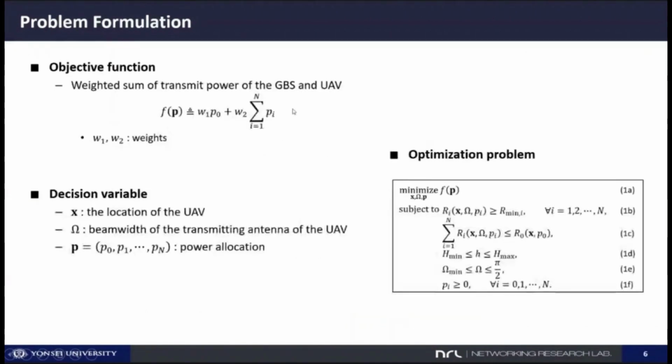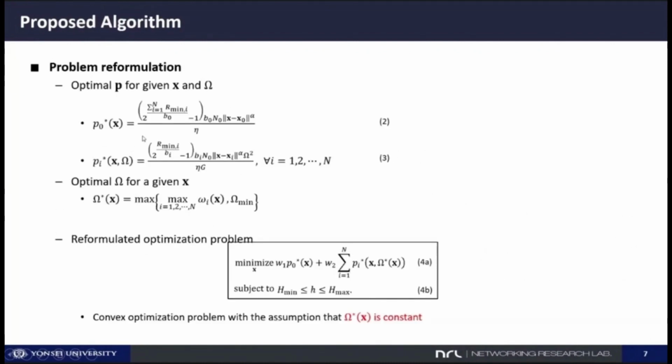This is from the fact that because we should minimize the power, the power of the UAV for each user should satisfy the equality of the constraint 1B, and similarly, the power of the ground base station should satisfy the equality of constraint 1C. So accordingly, we can derive these formulas,